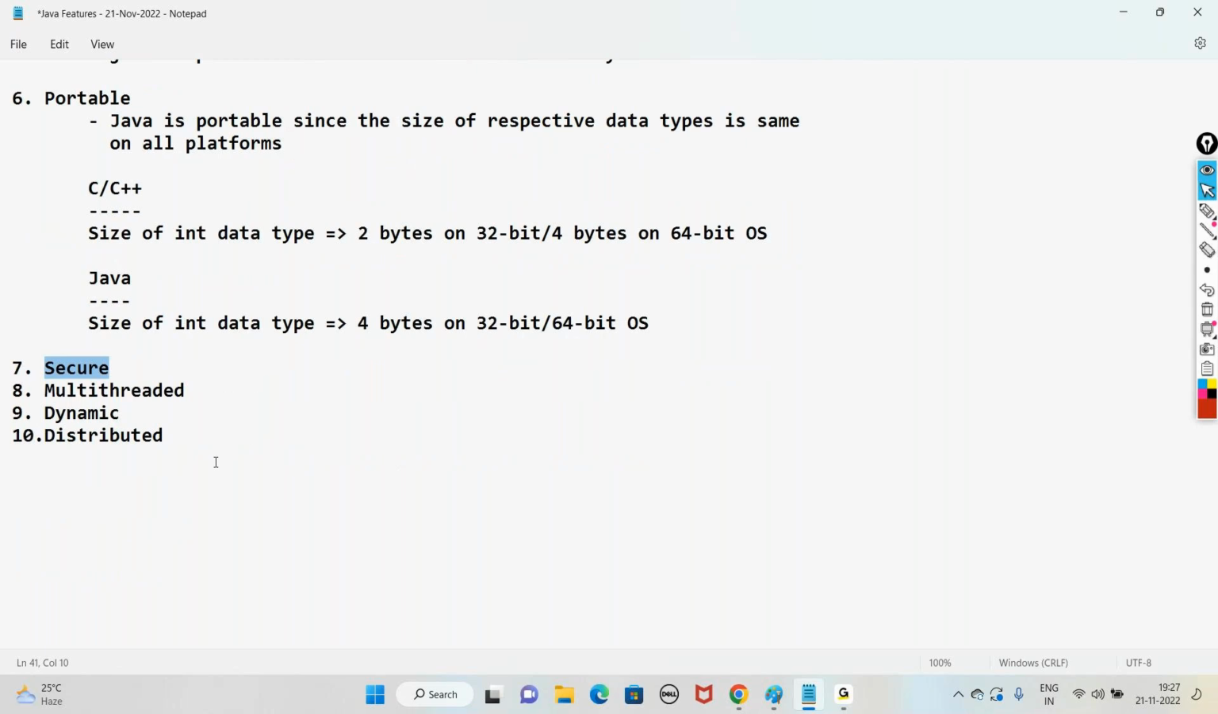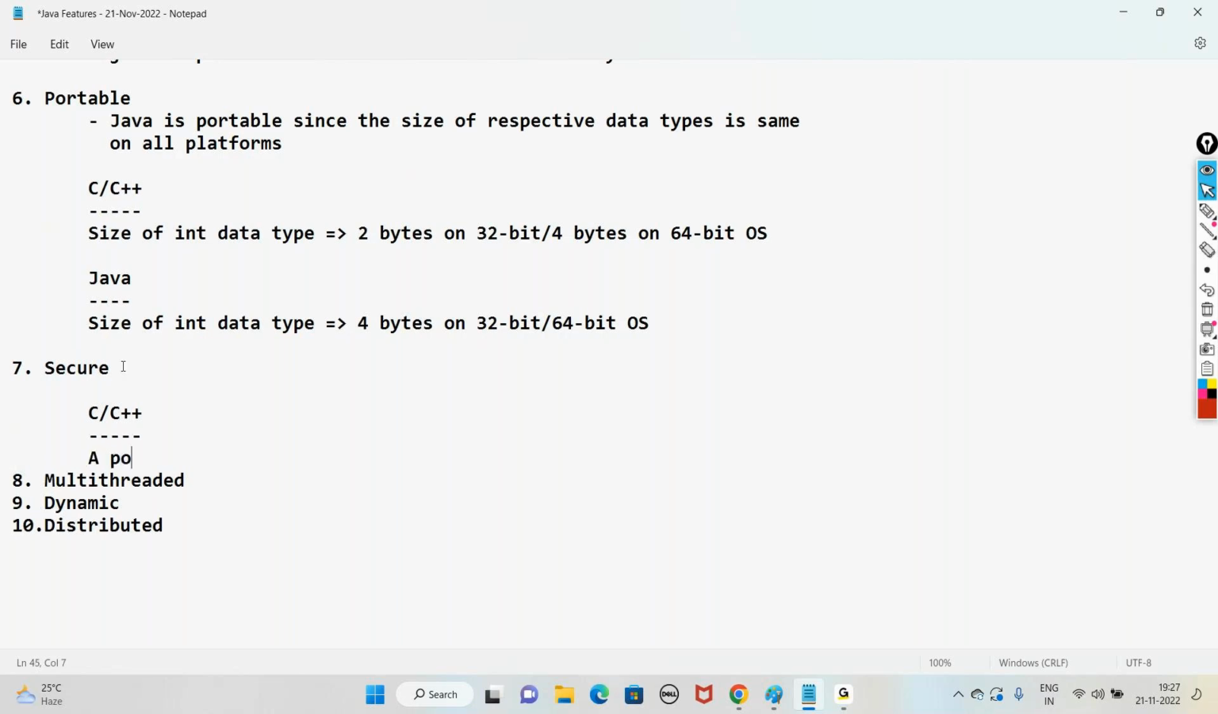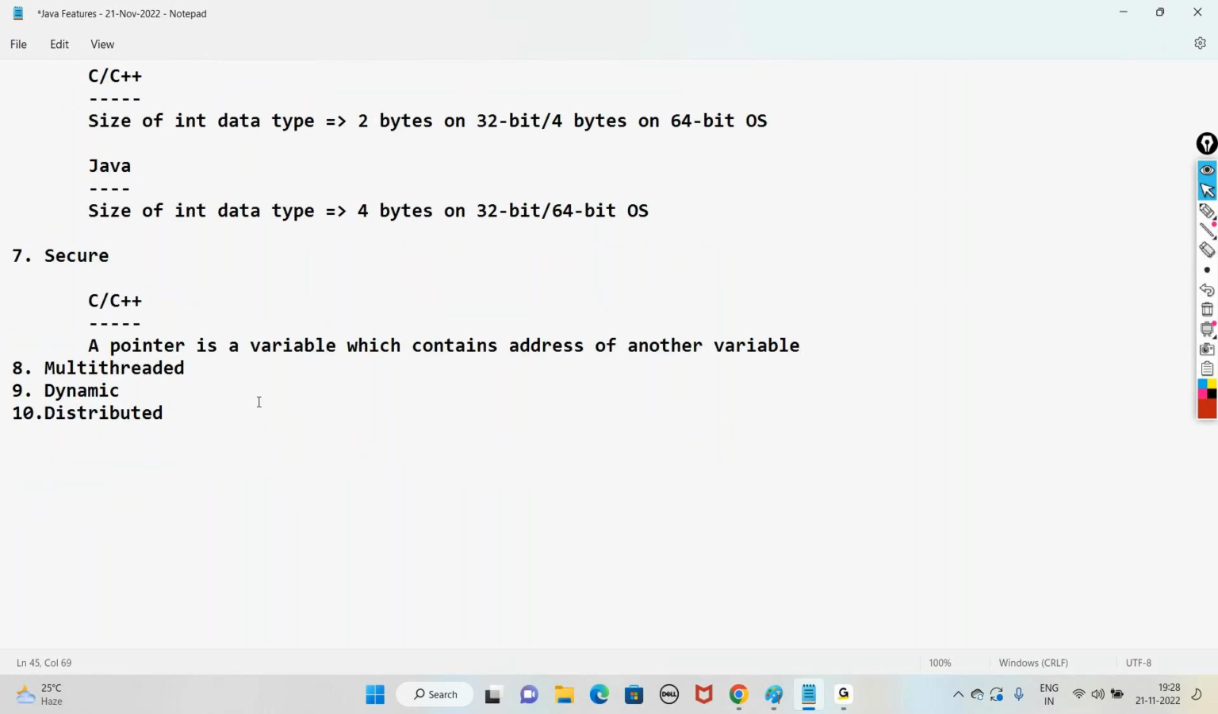Next one, secure. Here, before we go to secure, let us understand again related to C or C++. We have a definition called pointer. A pointer is a variable which contains the address of another variable. If you do not have any background, don't worry at all. Pointer is what? It's a variable which contains the address of another variable. Like for example,